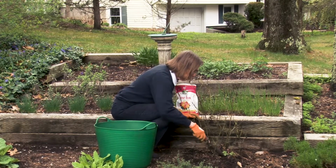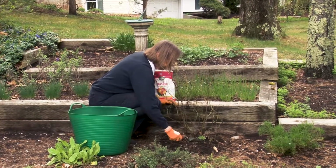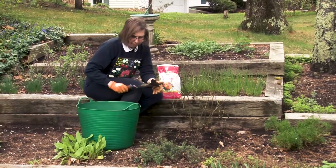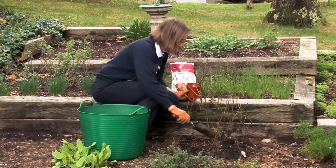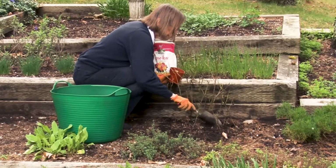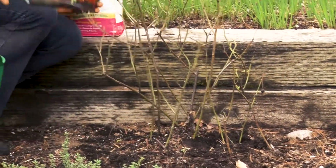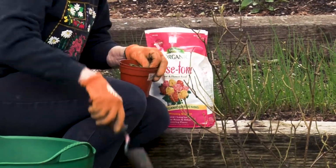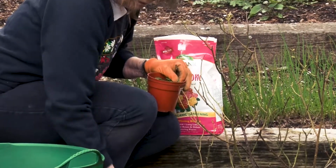I notice in here that some of my lemon balm has run away from home. So I'm going to take that out and pot it up. I'm busy right now getting some plants ready, potted, herbs and perennials, shade plants for the Garden Club's annual plant sale. And lemon balm is a nice plant to have, but it does tend to